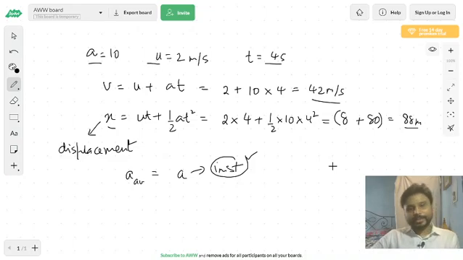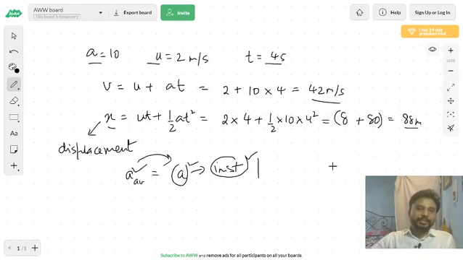So what I said is that if you have a particle moving with constant acceleration, its average acceleration and instantaneous acceleration would be the same. This would be the same as asking that if a particle is moving with constant velocity, would its average velocity be the same as its instantaneous velocity? The answer would obviously be yes. So what should be different here? Nothing should be changing. If the acceleration is constant everywhere, then the average acceleration and instantaneous acceleration must be the same.